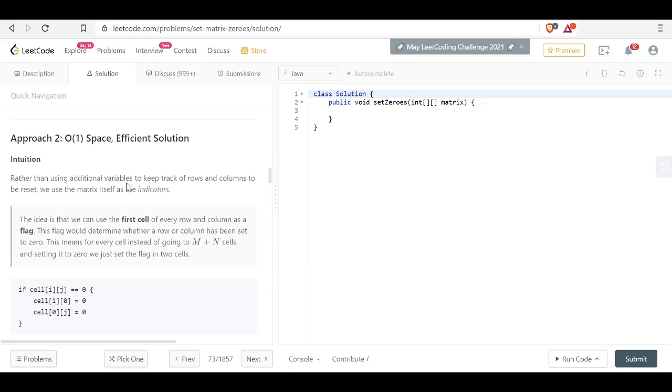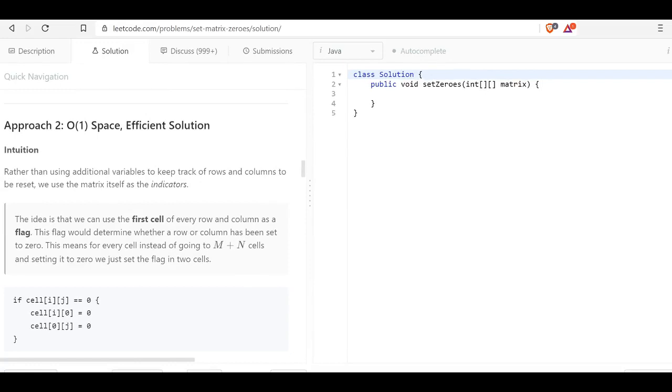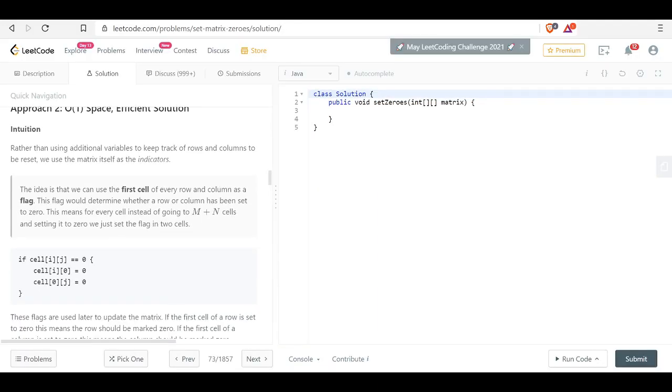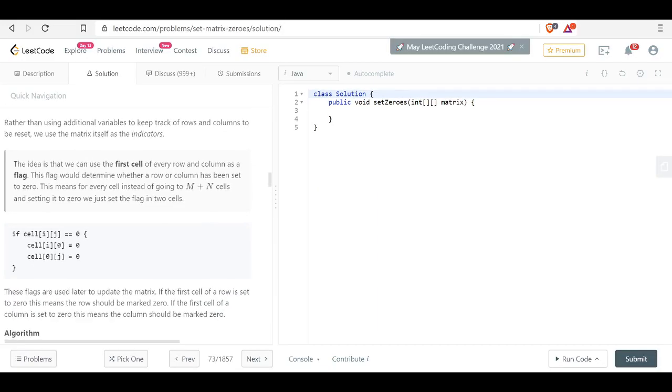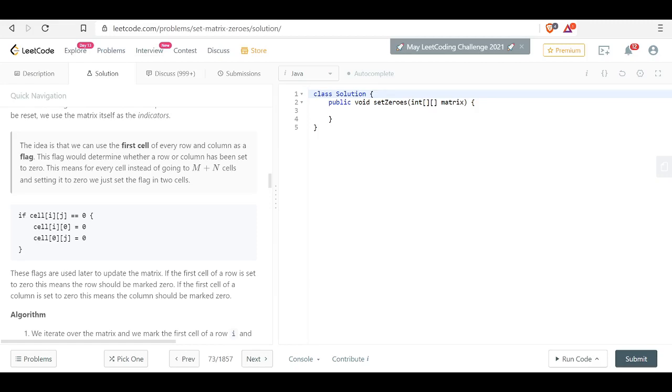But rather than using additional variables to keep track, we use the matrix itself as an indicator. The idea is that we can use the first cell of every row and column as a flag. This flag would determine whether the row or column has been set to 0. So instead of going through m plus n cells, we will just set the flag. These flags are used to later update the matrix.